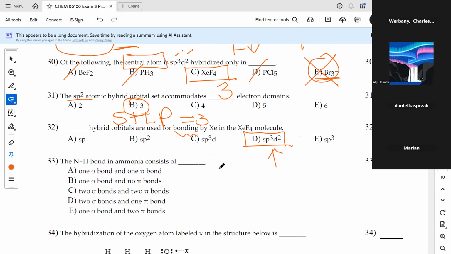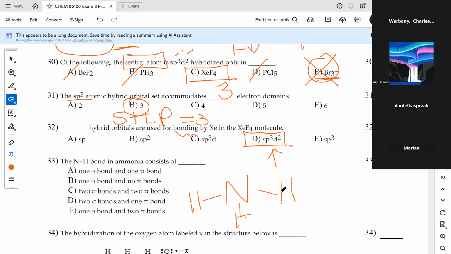NH bond in ammonia. All right, so I don't think sigma and pi made it to the exam just because there's so many topics. Let me do a quick scan here before I go into full detail. I'll give the answer, but somebody have a question? No, I just hear noise. Okay. No, I don't see any specific questions that ask about sigma and pi bonds, so I'll just quickly mention